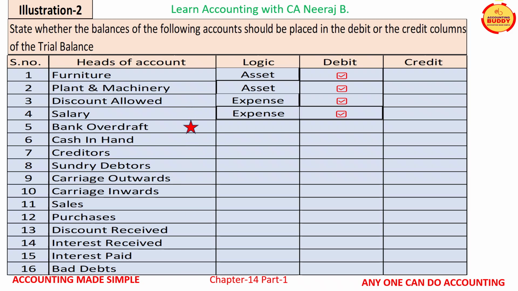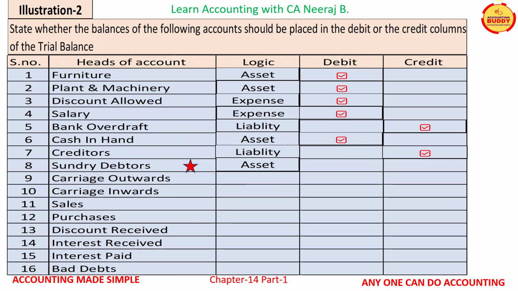balance. Bank overdraft is a liability account, so it is placed in the credit column as business liabilities always carry credit balance. Cash in hand is an asset account, so it is placed in the debit column as the business assets always carry debit balance. Creditors is a liability account, so it is placed in the credit column as the business creditors always carry credit balance. Sundry debtors is an asset account, so it is placed in the debit column as the business assets always